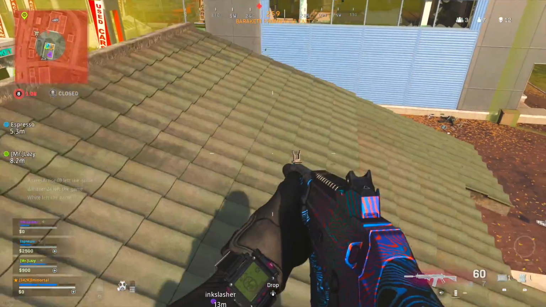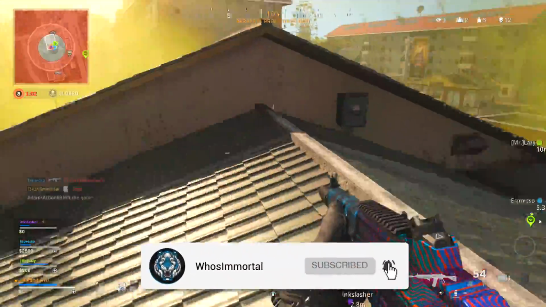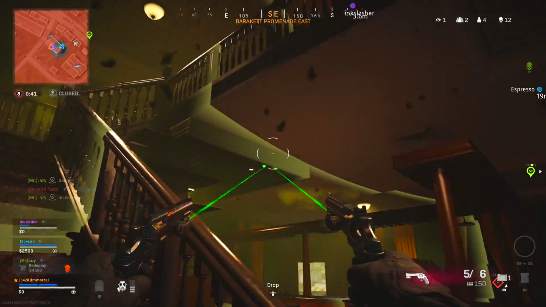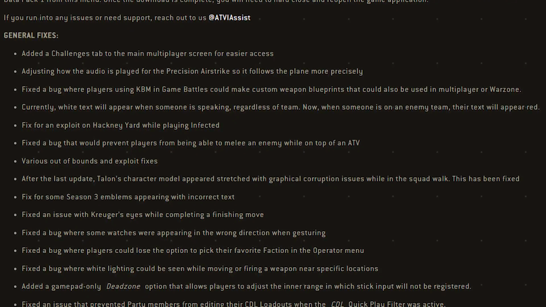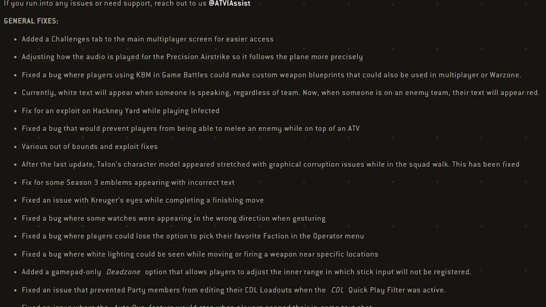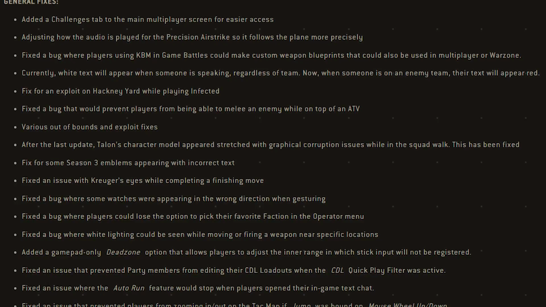Then this update also included a ton of back-end changes and other adjustments for all modes, so multiplayer, Spec Ops, and Warzone all got some updates here. And starting with the general fixes, they added a challenge tab to the main multiplayer screen, they adjusted the audio for the precision airstrike, they fixed a bug on keyboard and mouse in the game battles section, they changed enemy voice chat to a red text instead of the white text, they fixed an exploit on Hackney Yard in Infected,